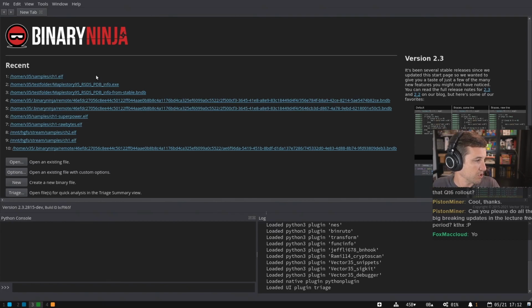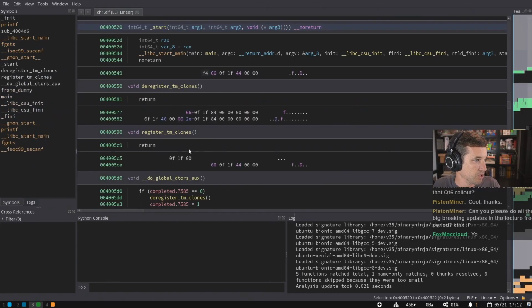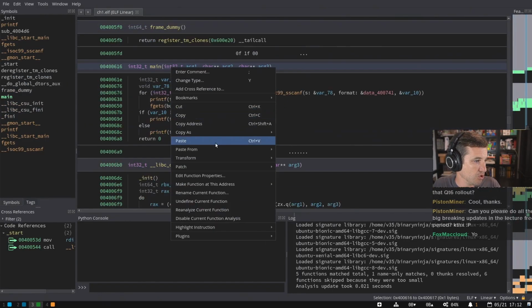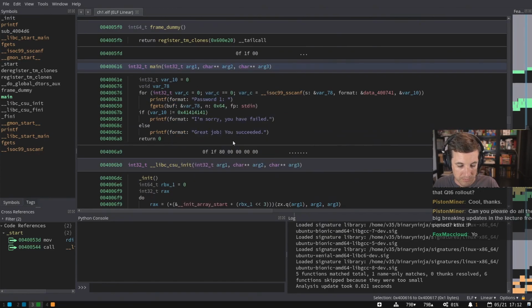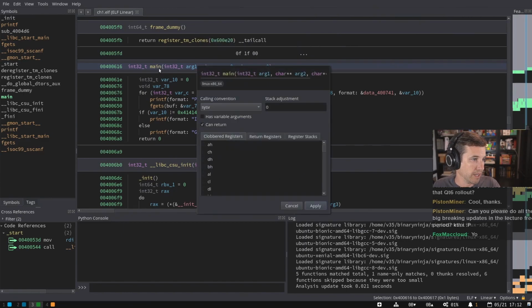So let's just go to our old standby here, challenge 1, and there is a new right click option called edit function properties. And of course we can use the action system and get it that way too. And you'll notice there's a little scroll bar here too, you see at the bottom. And one nice feature that John added on this, so my mouse has a thumb wheel, right?